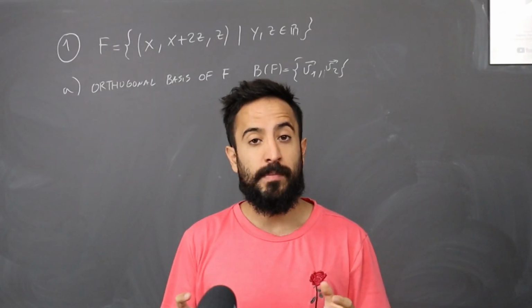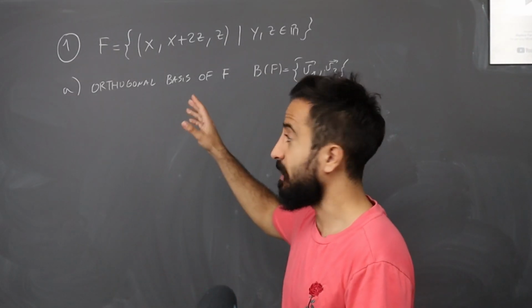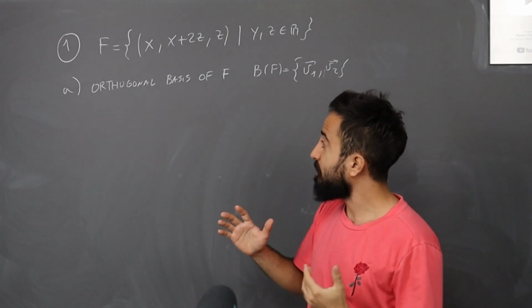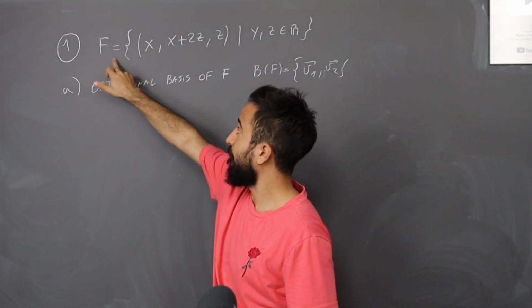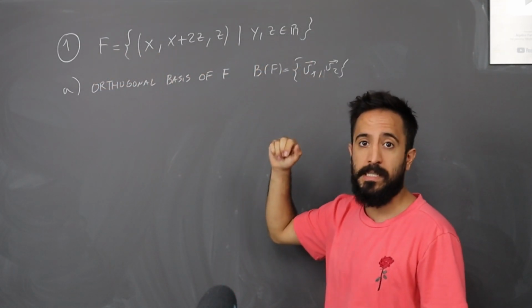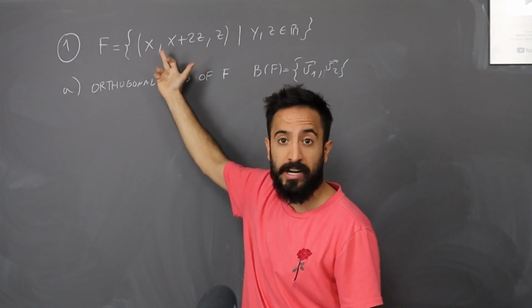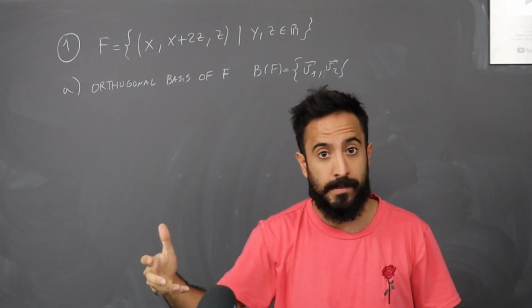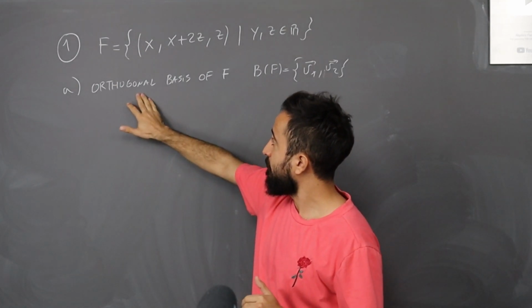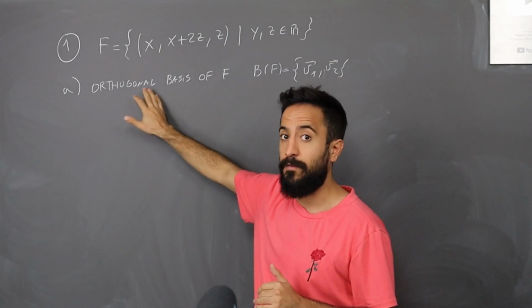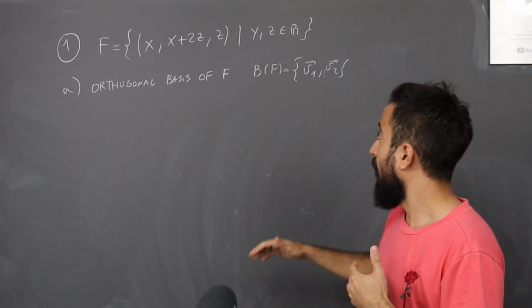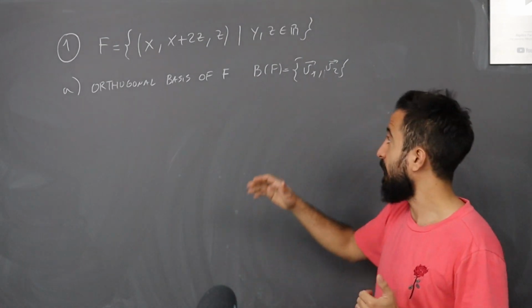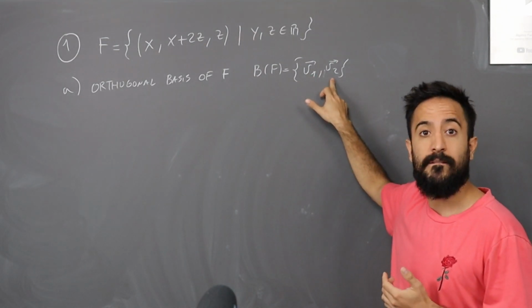That being said, let's start with the video. The exam was made of 2 exercises. This one is the first. So, when we start with this exercise, the first thing we see is that they give us a subspace. It's called f. And the way they give us this subspace is that they give us this generic vector from which we can get a base. In the first part, they ask us to get an orthogonal basis of f. So, not just any base, an orthogonal basis. And they define this orthogonal basis as 2 vectors, b1 and b2.